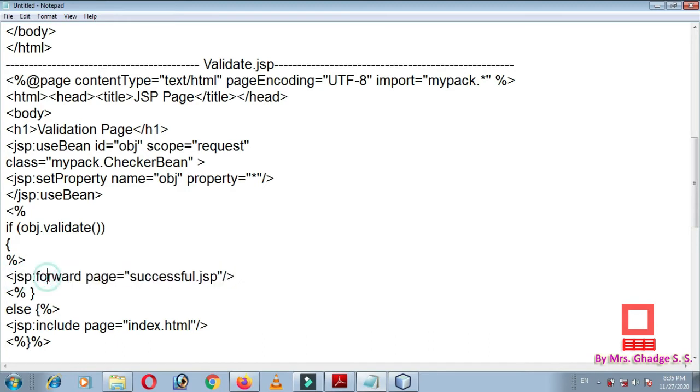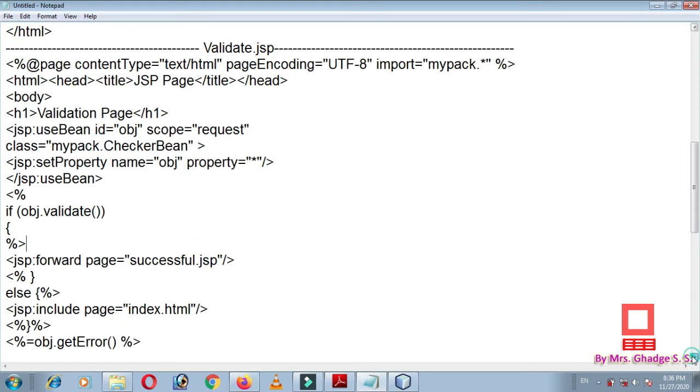So here we have used one more action tag, that is JSP:forward. That means the request is forwarded to the successful.jsp page, when all the objects are valid objects. So we are going to write this validate method in the checkerbean class. Okay, next is